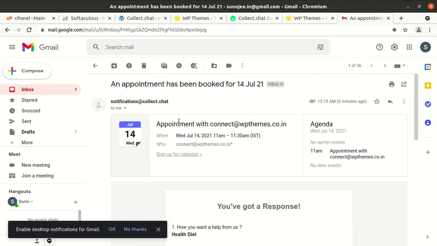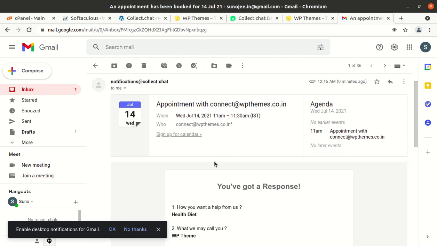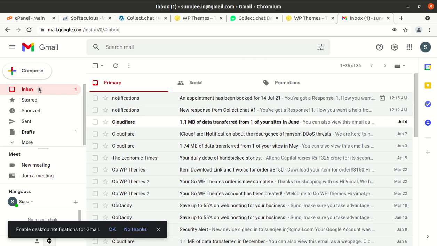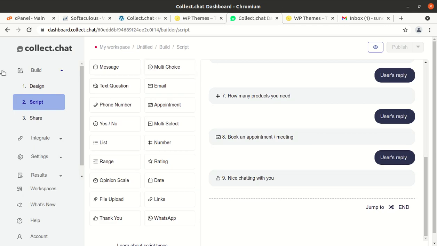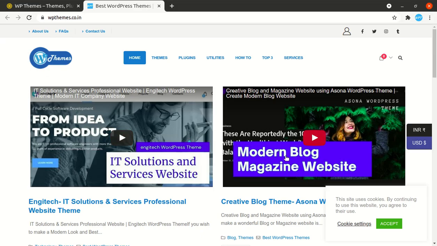So you can see this appointment is fixed here. If you are administrator, you can add it on Google Calendar, and in the similar manner, the user will also see the same message. They can add the appointment to the Google Calendar, and it is really a very wonderful system. And yes, the configuration and function is working very fine as you've seen. And we got this chat feature